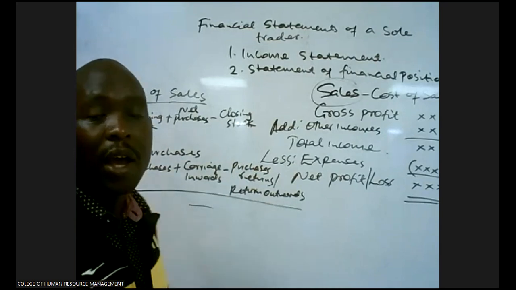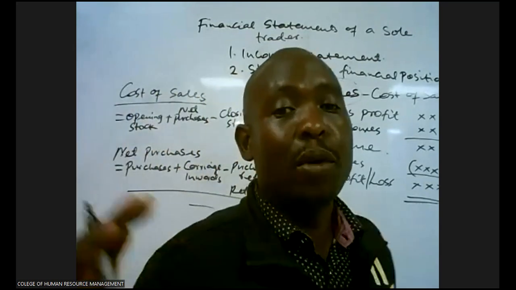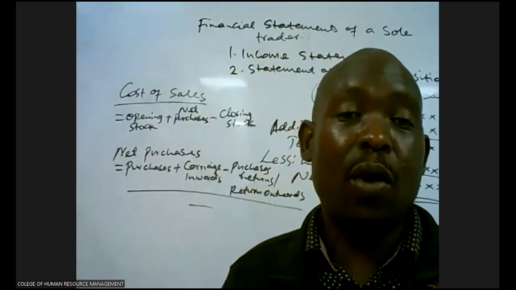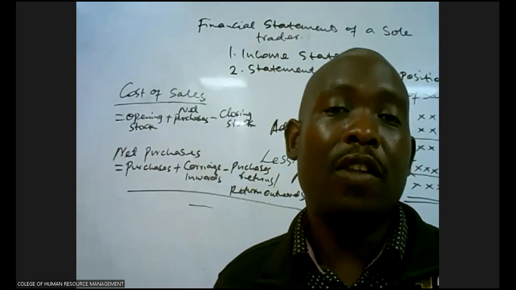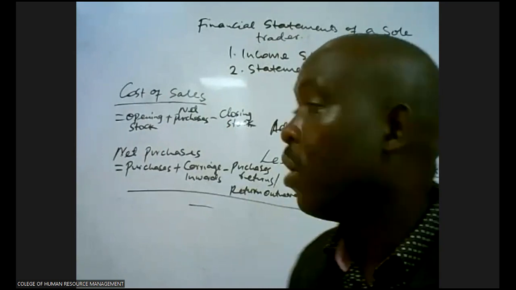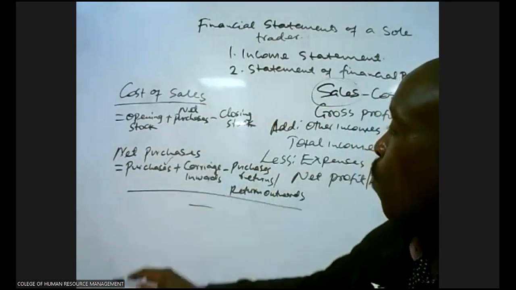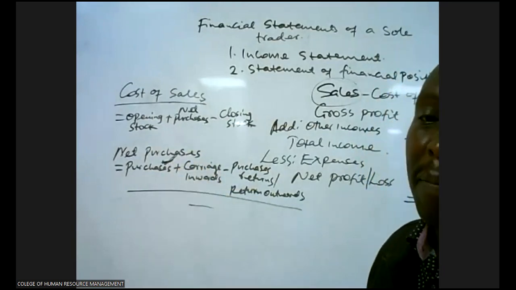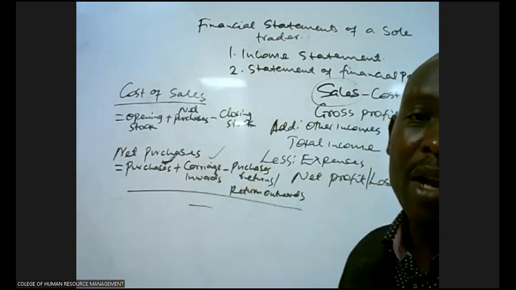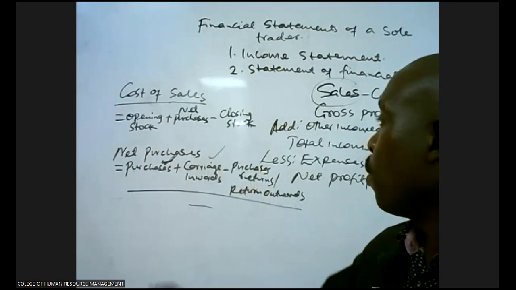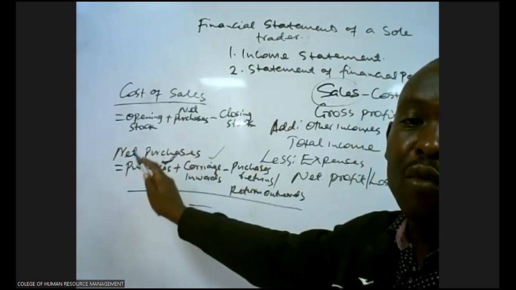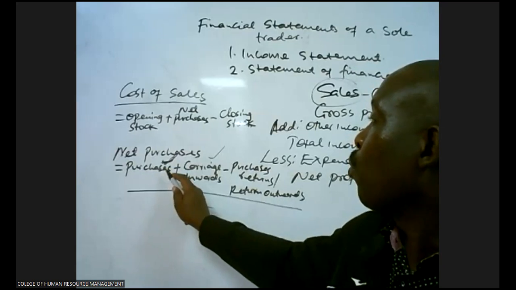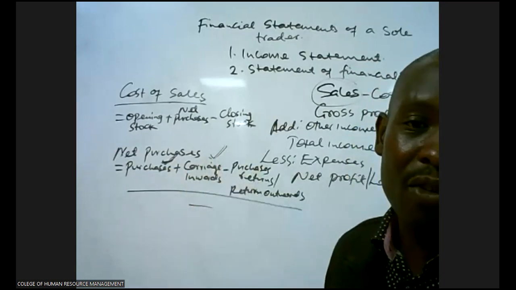The total amount it cost you to bring goods to your business. Remember, purchases is when you buy goods. So how much did you spend in buying those goods? It is purchases. This is what you paid the supplier. After paying your supplier, you incurred carriage inwards. Carriage inwards is the cost of transporting the purchases. Those goods that you bought, you had to transport them to your business. So the cost of transporting them to your business is carriage inwards, which you add to the